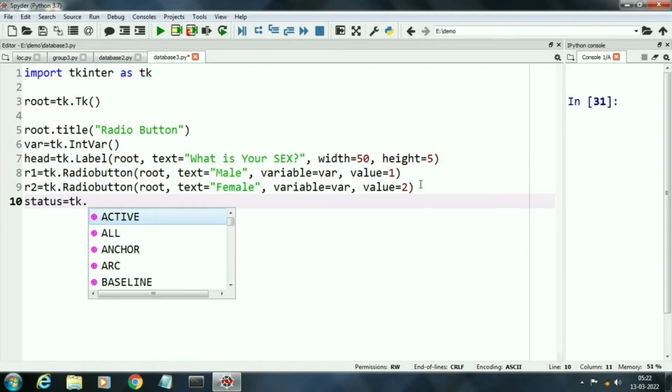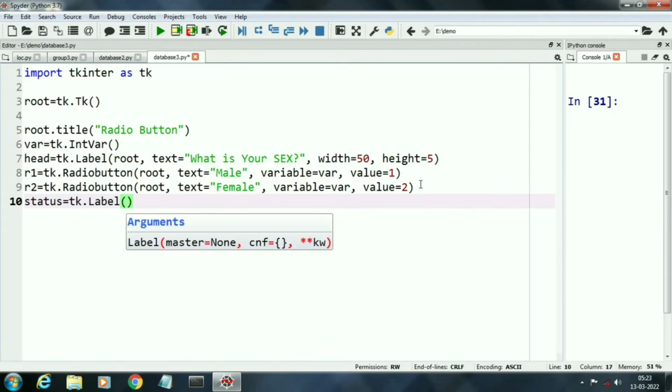And last is status, that will show the status and return value of our radio button. In this status we are using a label.